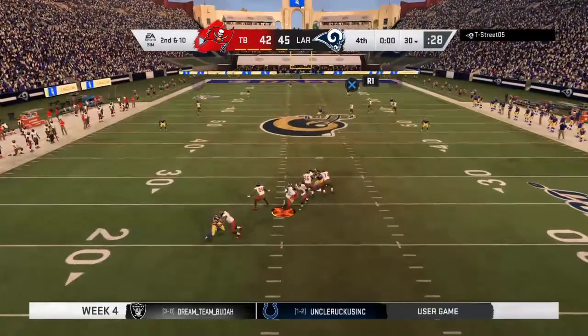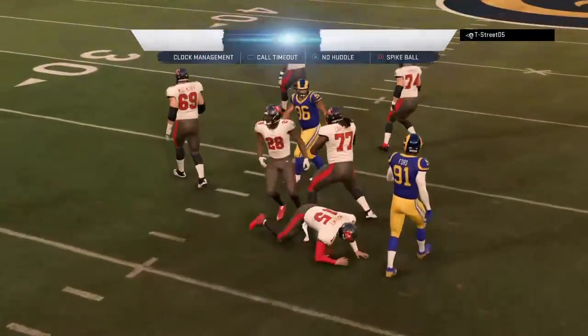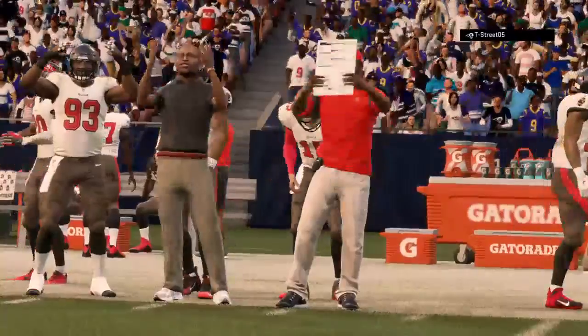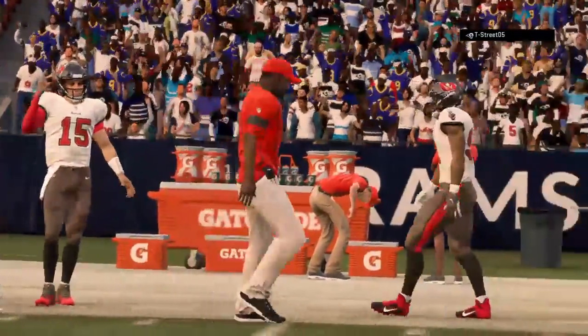Back to throw. And the Rams got it. They bring him down. Well, we saw a close game that kept us on the edge of our seats down to that final whistle. And right before that,